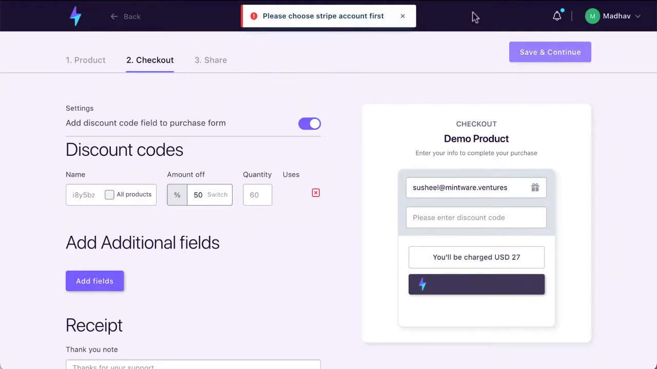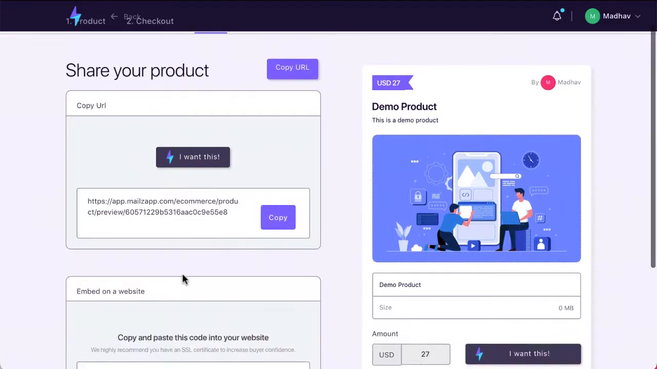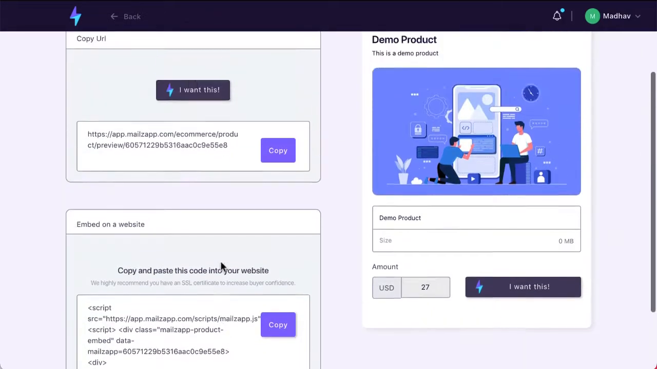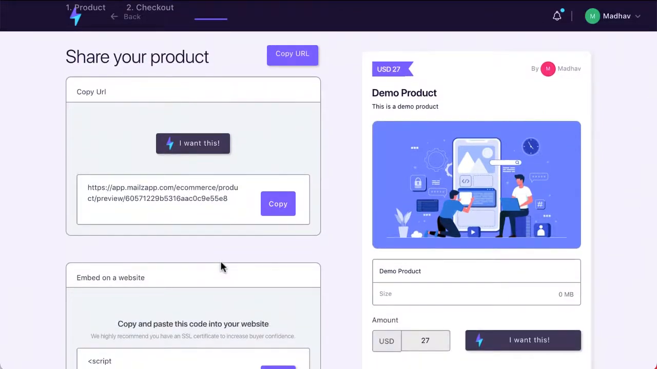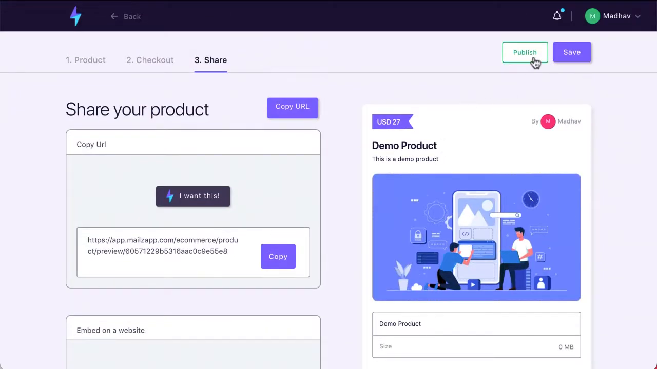I obviously need to connect the account, and then what you can do is copy this URL and put it straight in your email, or you can embed this on a website using this code. But most powerfully, the feature that I was showing you earlier, you can just integrate this straight into an email. So this is Mailzapp Commerce, a very, very powerful feature. So the moment you publish this,